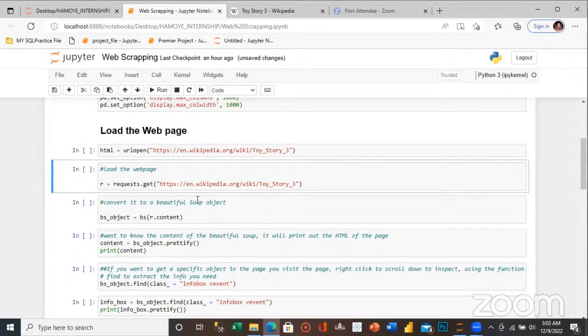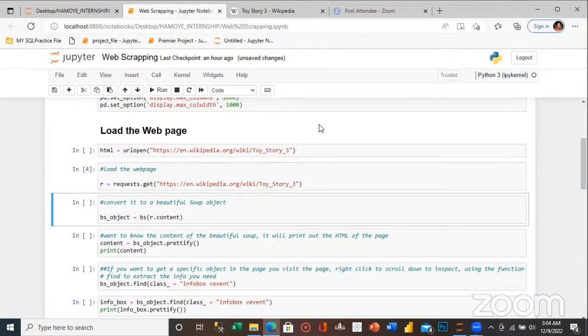There are two options: either you use urlopen or you use requests.get. But at this point, I'm using requests.get to read the HTML of this website. So if I run this,